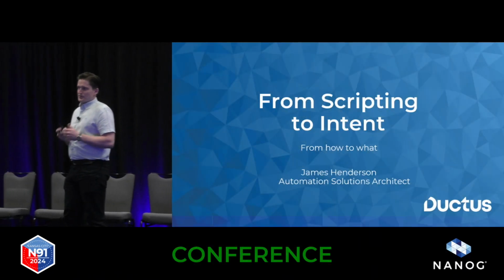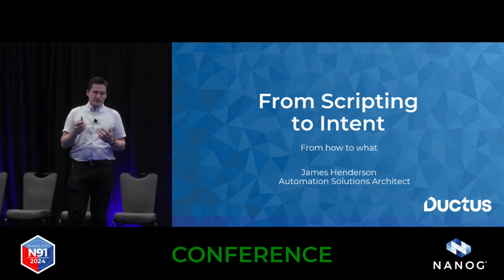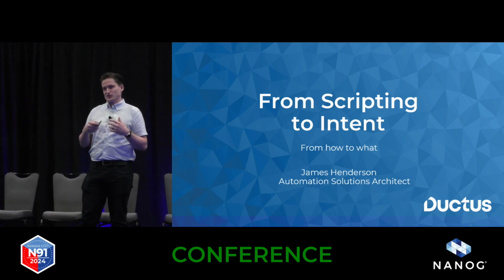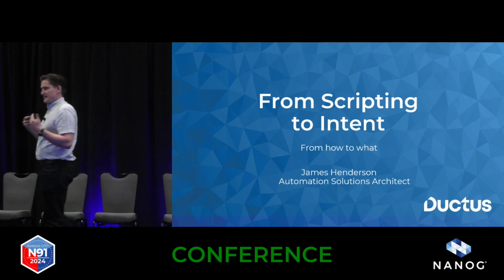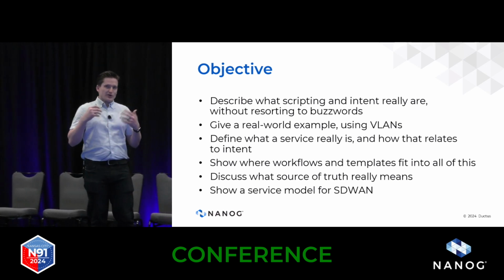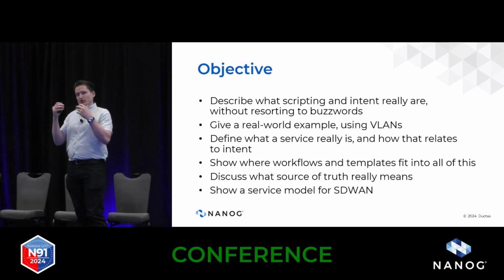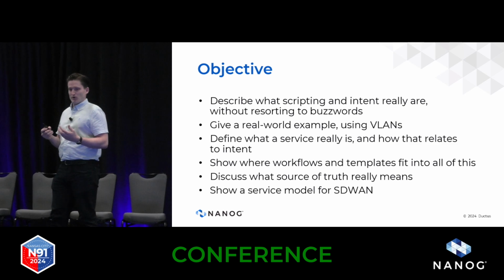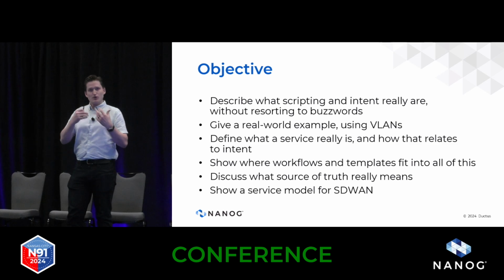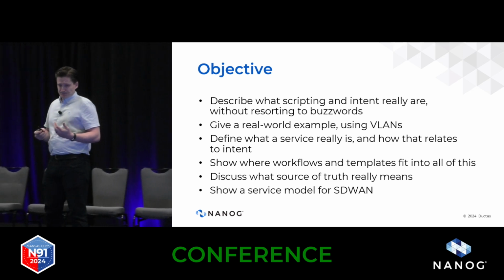So I put this talk together to show what it is about in terms of network automation that makes the difference between having something that's a script-oriented system and a real intent-driven orchestration. So I want to take some of the marketing buzzwords out of this. I want to break it down to what we are actually trying to do in terms of orchestrating our network, and how we can go from having a system that is generally script-driven or generally manual to something that's intent-driven, and why we would even want to do that?